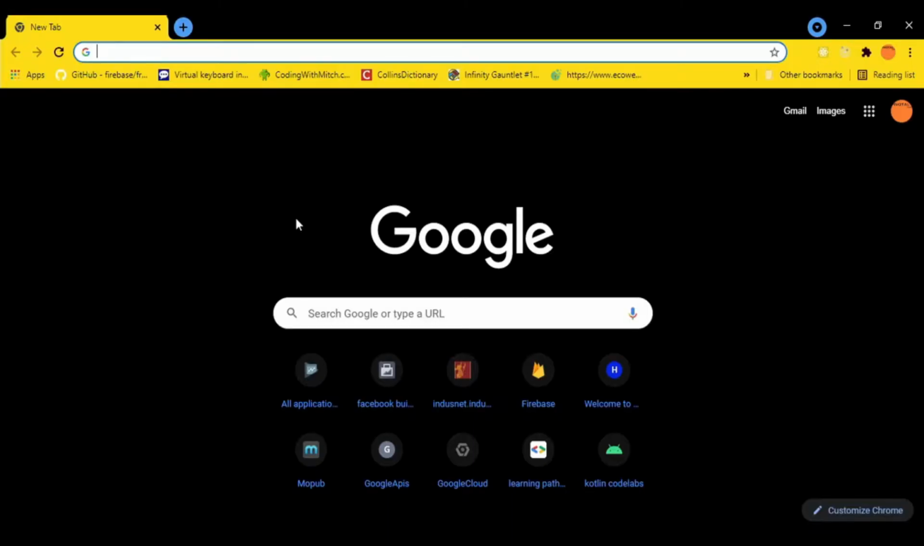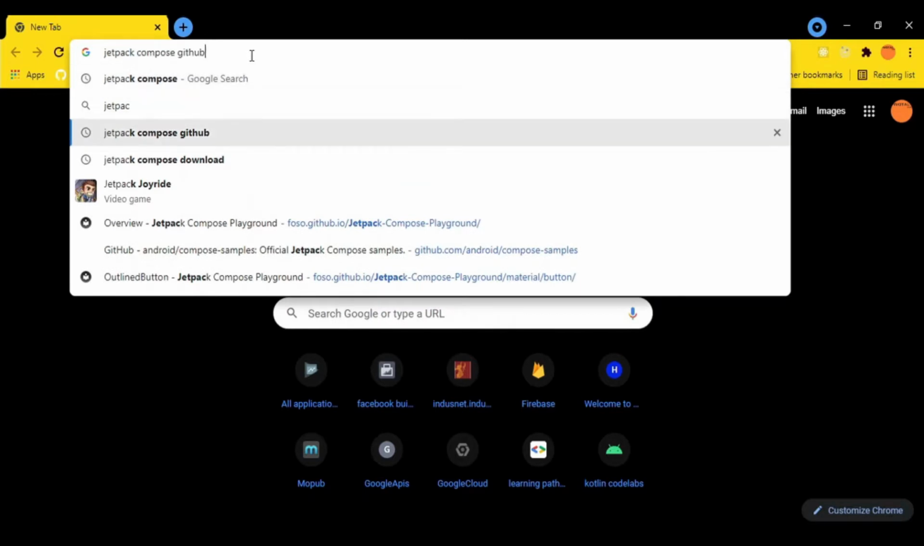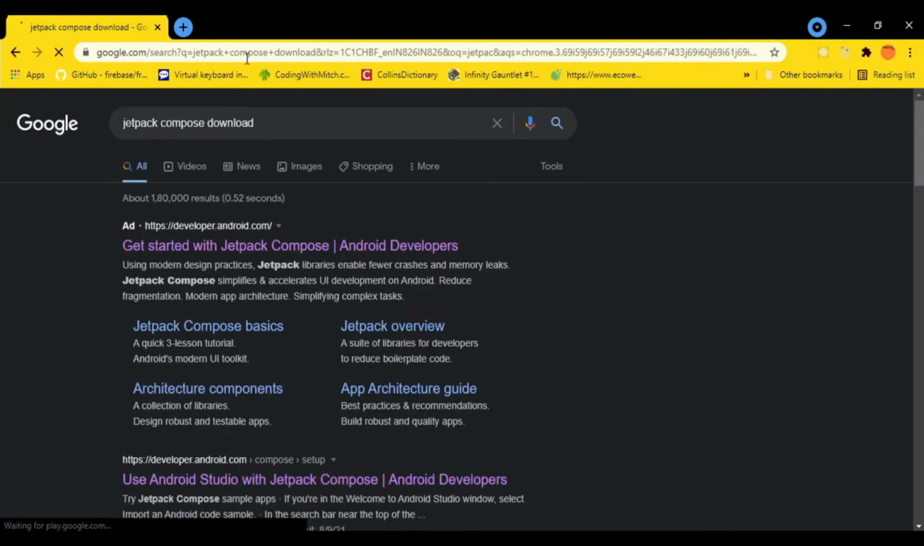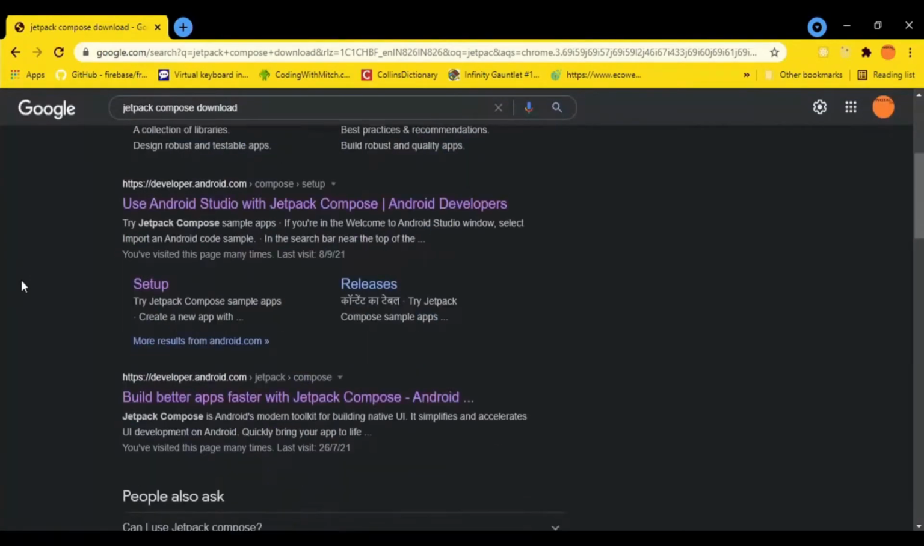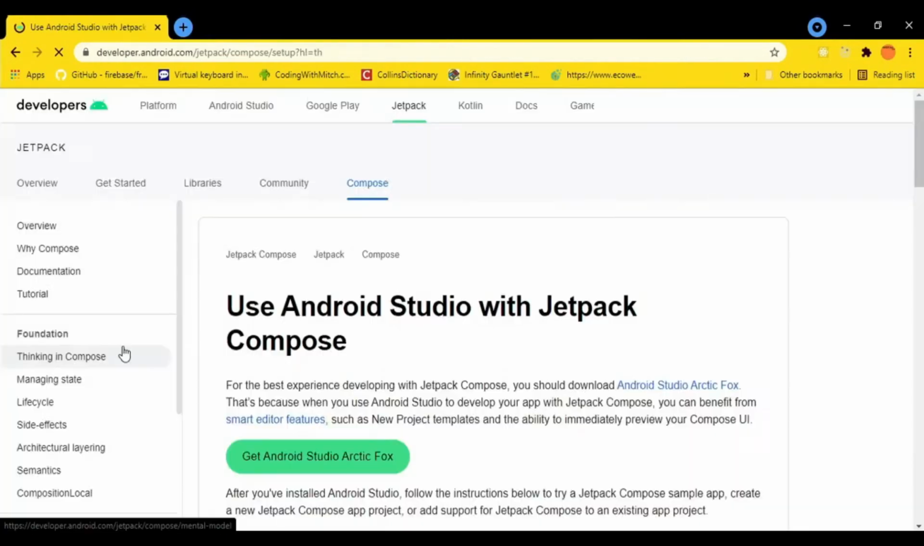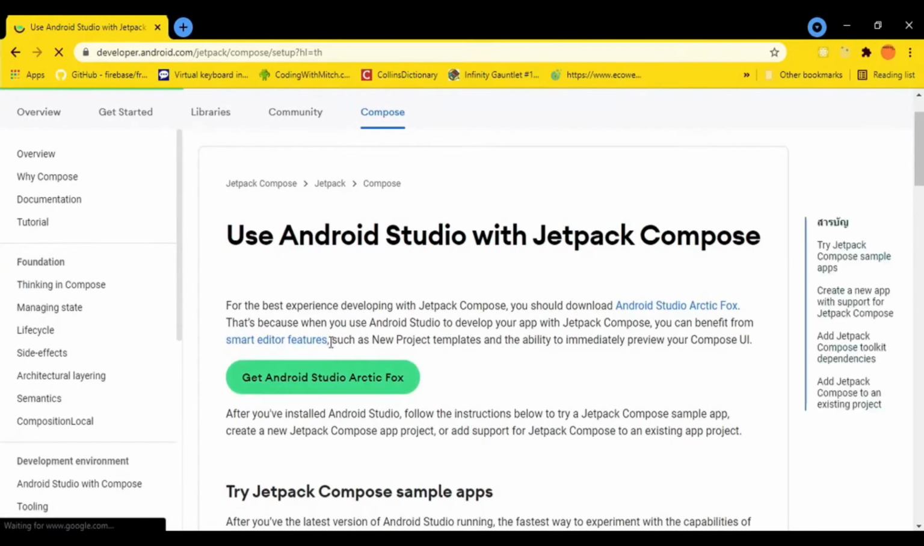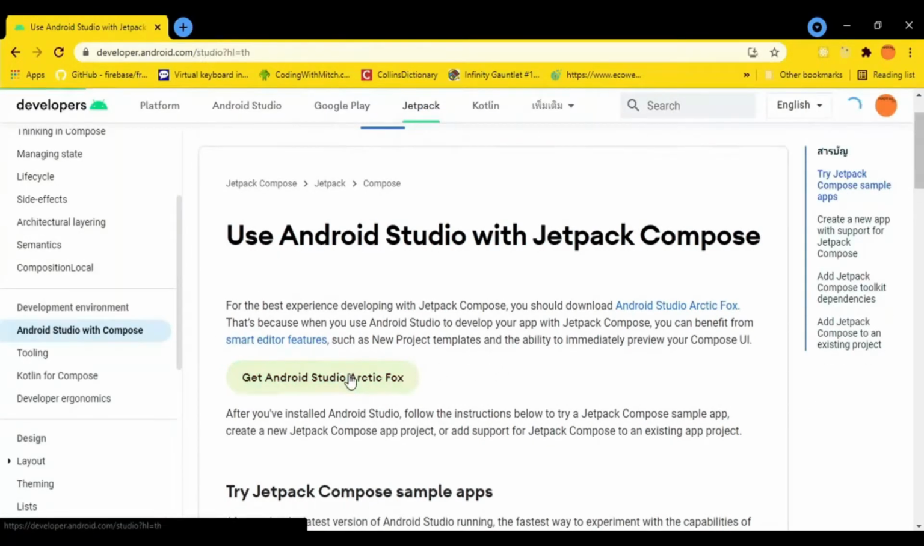So first we need to download the Android Studio. So I will type Jetpack Compose download, and then I will go to the setup on this link, and here we have a link to get the Android Studio Arctic Fox. So I will click on it,